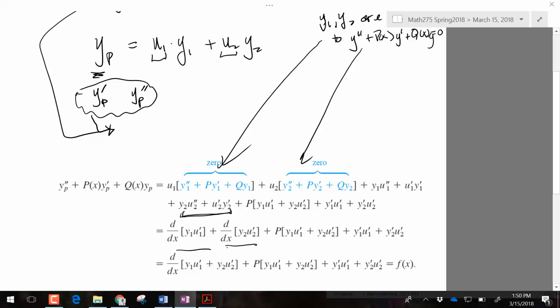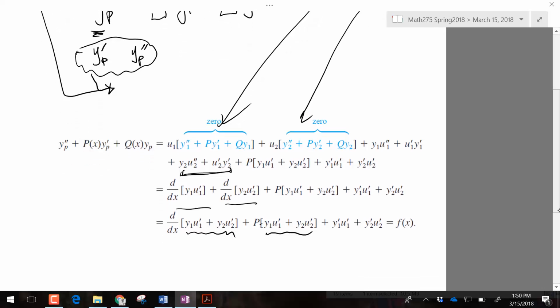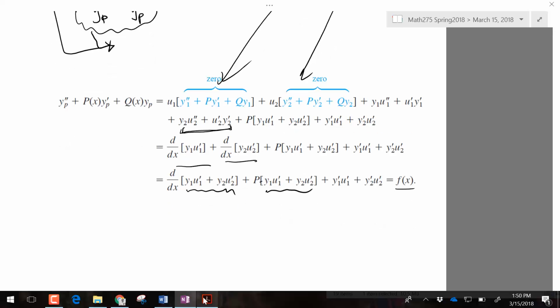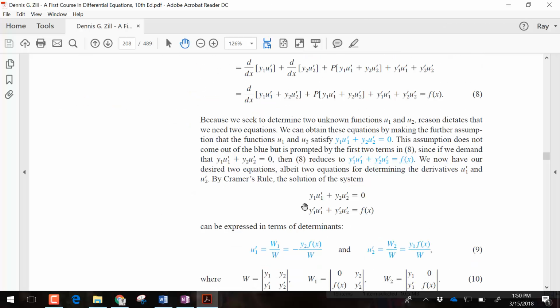And then you have ways to combine it. So you combine a couple of product rules, and you combine a couple of other scenarios here, where you have p times the combination of y1 and u1 prime, y2 and u2 prime. And then this is supposed to equal this, f of x. And so what they're going to do is set each of them equal to some values. And so let's see what from here,